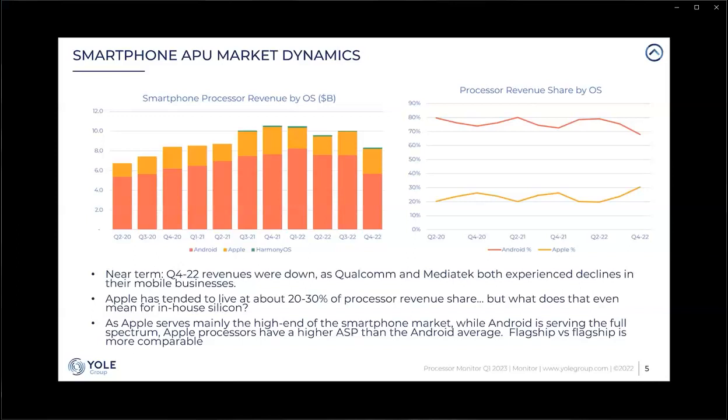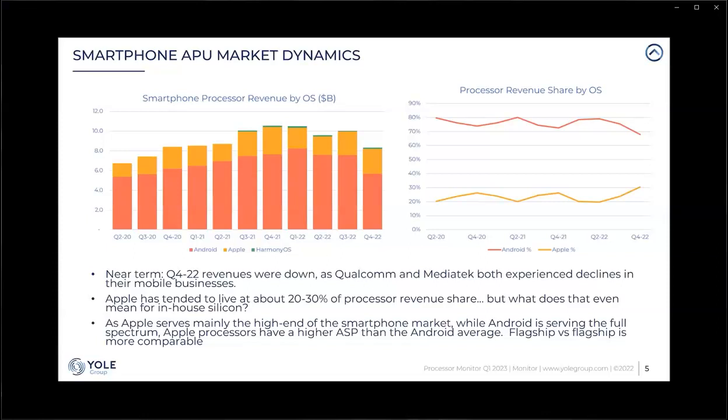And what we show here is not even that. Here we're taking a look further inside the phone and accounting for the revenue attributed just to the application processors within these devices. So here, in any given quarter, we're running between $7 and $10 billion of processor revenue for smartphones. And the breakdown versus Apple and Android is closer to 25 to 30% most recently for Apple, and 75 to 70% most recently for Android.